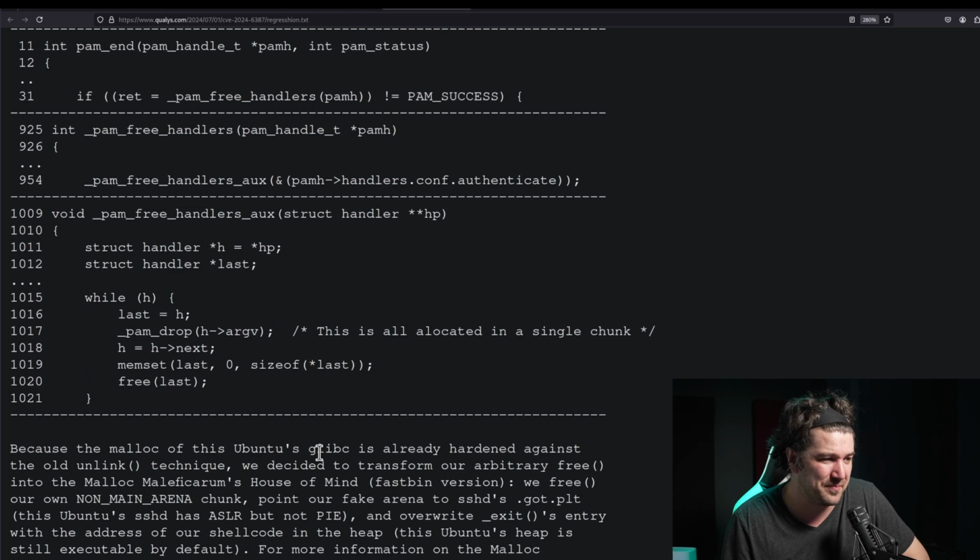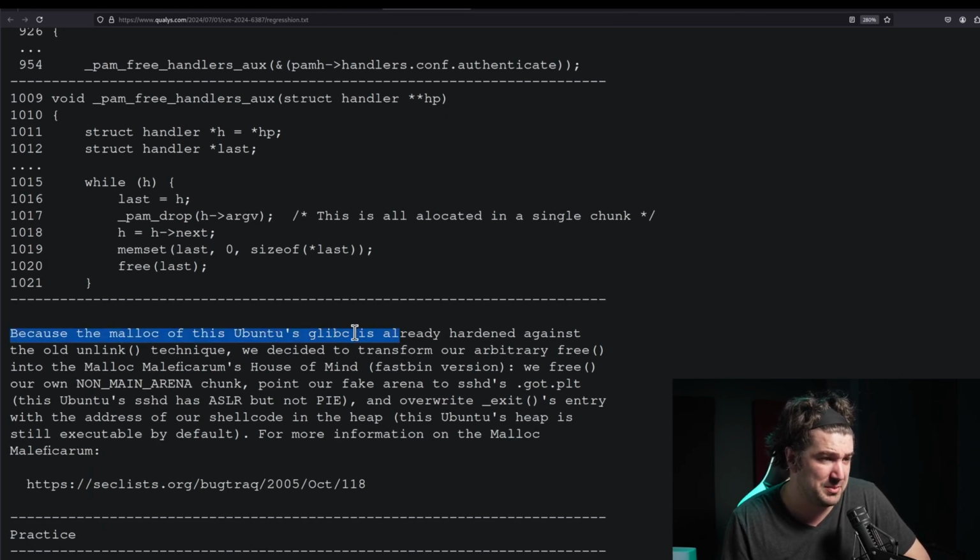Because the malloc of the Ubuntu glibc is already hardened against the old unlink technique, we decided to transform our arbitrary free into the malloc maleficarum's House of Mind, fastbin version. We free our own non-main arena chunk, point our fake arena to SSHD's got, and overwrite the exit's entry with the address of our shellcode in the heap. This Ubuntu's heap is still executable by default. For more information on the maleficarum,